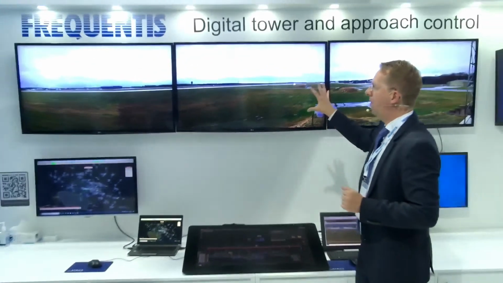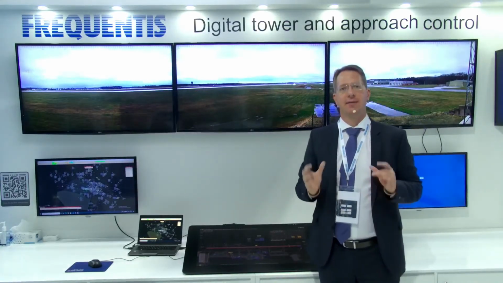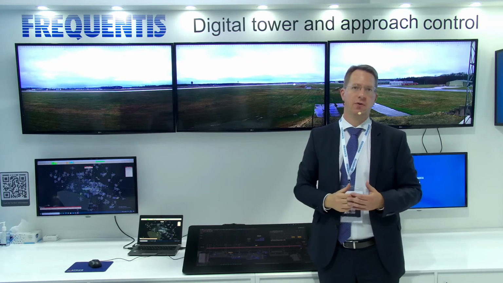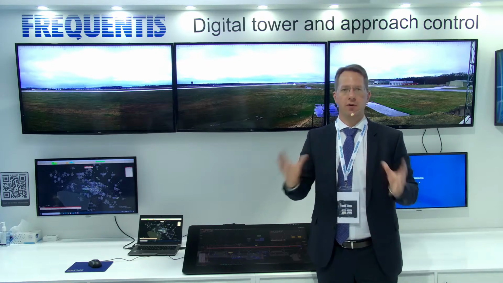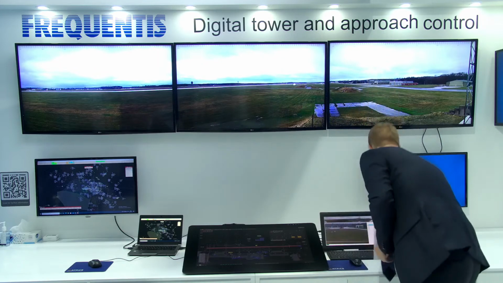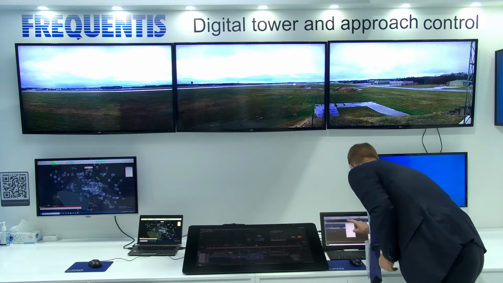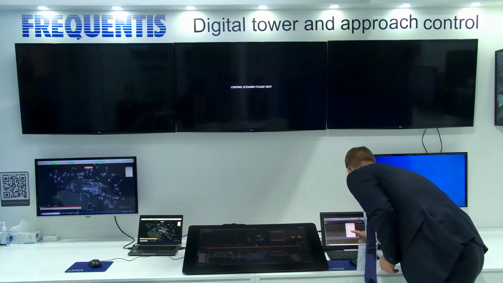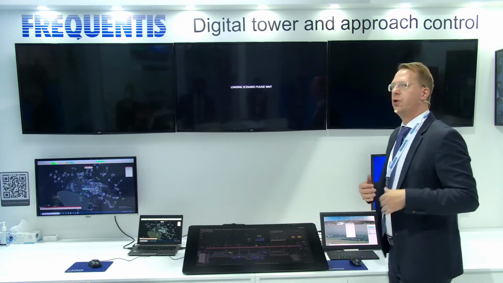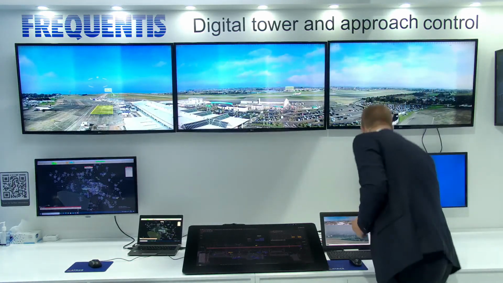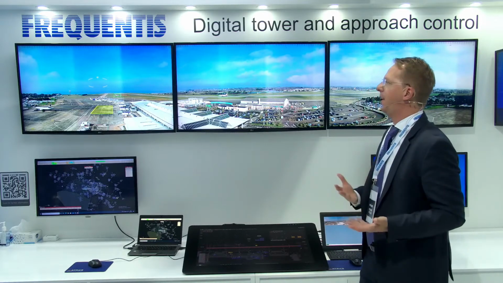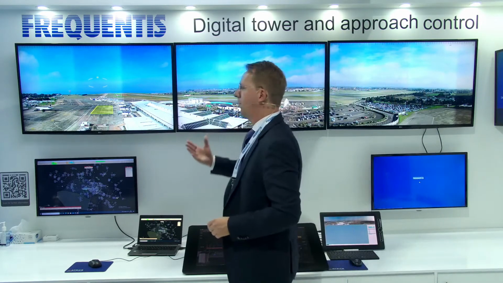And now, since we have identified the object, we can also apply an additional logic to the overall system. In the next example, I can show you how you can use this detection with our visual safety net. For airports which don't have surveillance in place, you can use the technology to identify incidents.